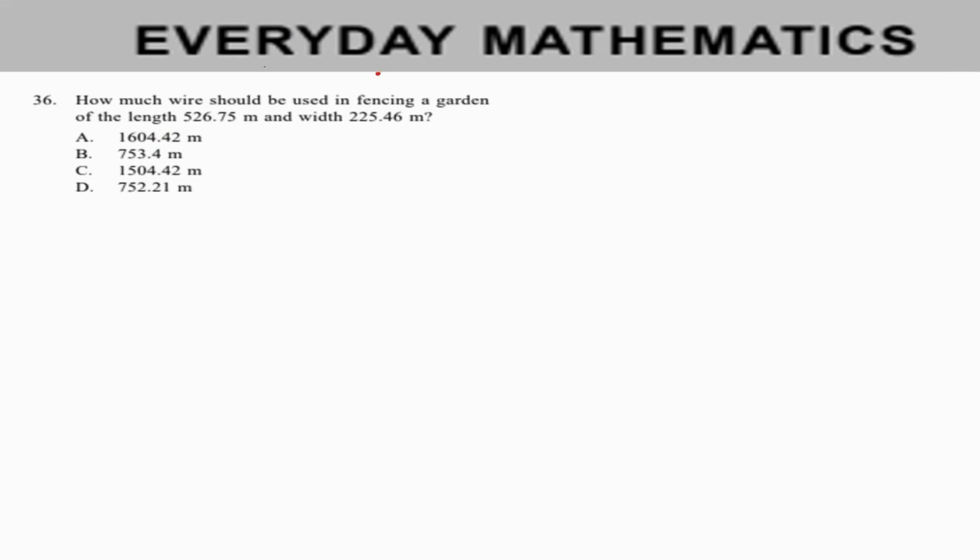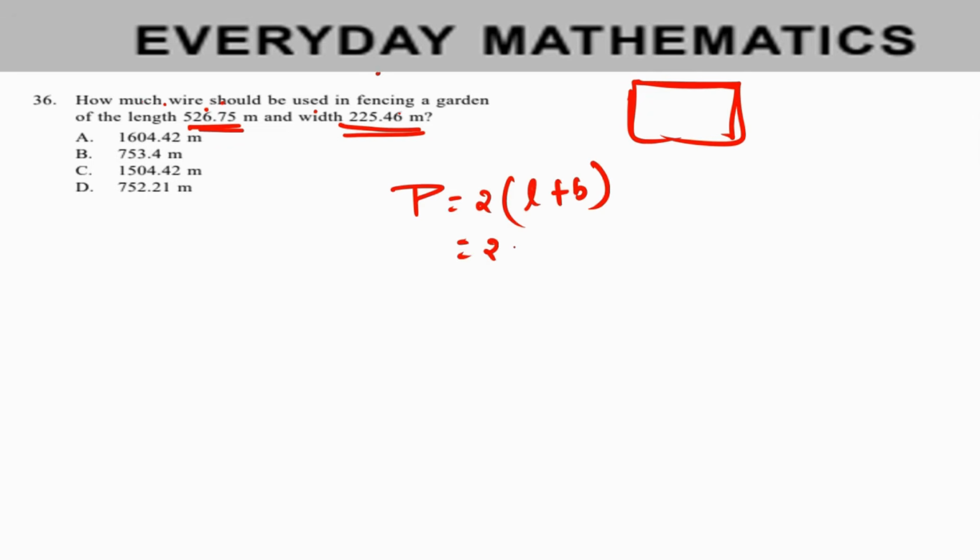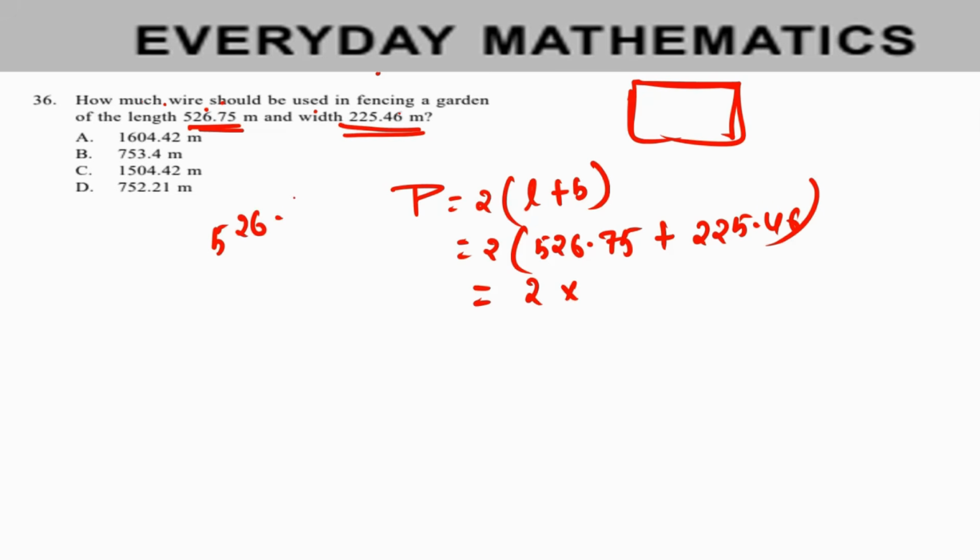Moving on to our next section, everyday mathematics. How much wire is used in fencing a garden of length 526.75 meters and width 225.46 meters? So basically fencing is done around the garden. Around means we are supposed to find the perimeter of the given figure. The formula for perimeter is 2 times (length plus breadth). So 2 times (526.75 plus 225.46) should be done. If we add, that would result in